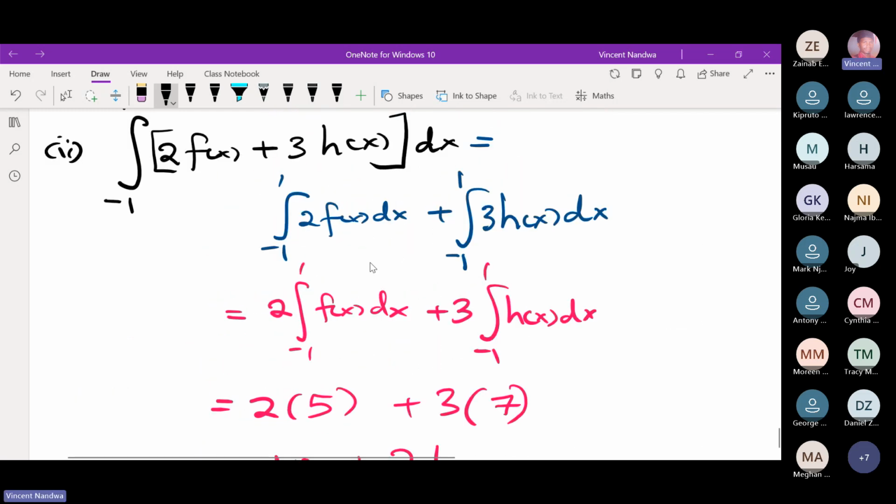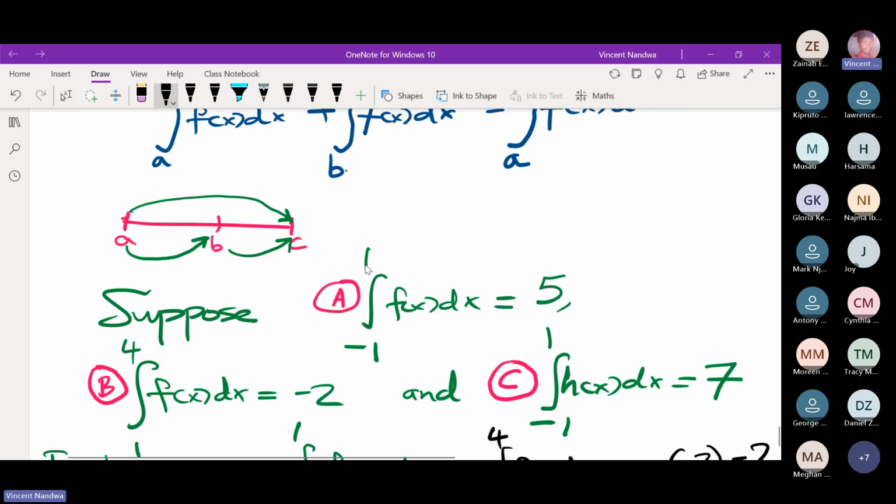But remember, in the integrals we have been given, we have limits -1, we have 1, and now we have 4 here. So we have the integral from -1 to 1 defined by A, and we have the integral from 1 to 4 defined by B. So to evaluate the integral from -1 to 4 of f of x, we'll have